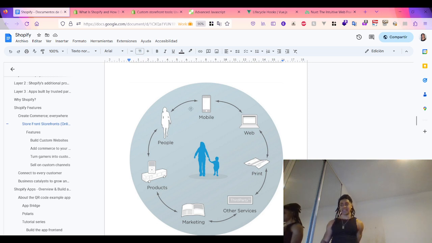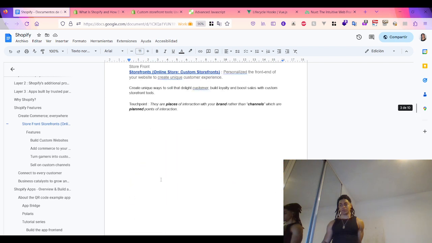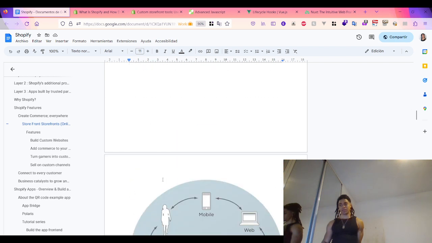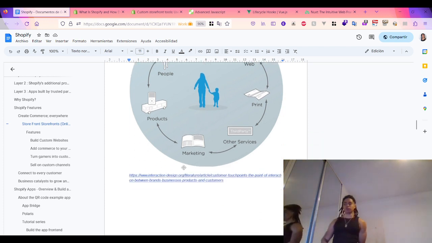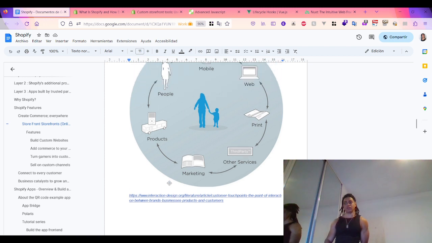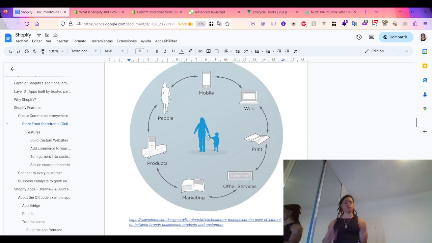And again, this concept is still evolving. Interaction design mentions and describes touch points and sell channels. So the subtle difference is that sell channels are planned